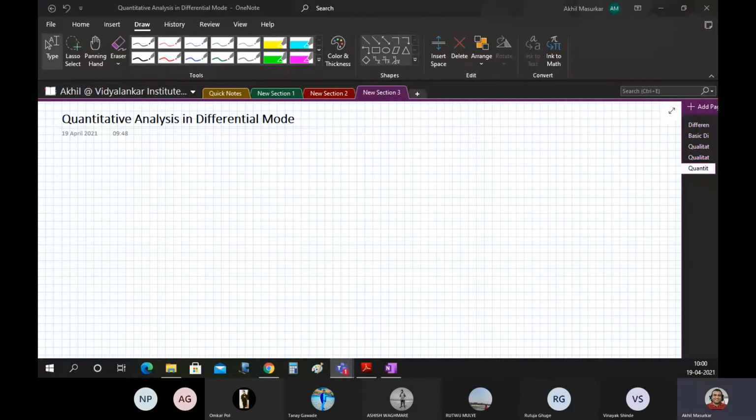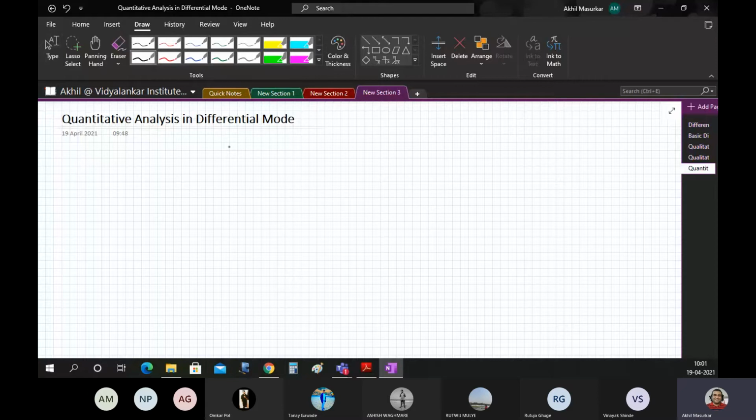Okay, so let us start the further analysis in differential mode and common mode. Now, what we have seen in the previous classes is the qualitative analysis in differential mode and in common mode. Now, what we are going to do is quantitative analysis. So, simply speaking, if I just write this in layman's language, we are going to see